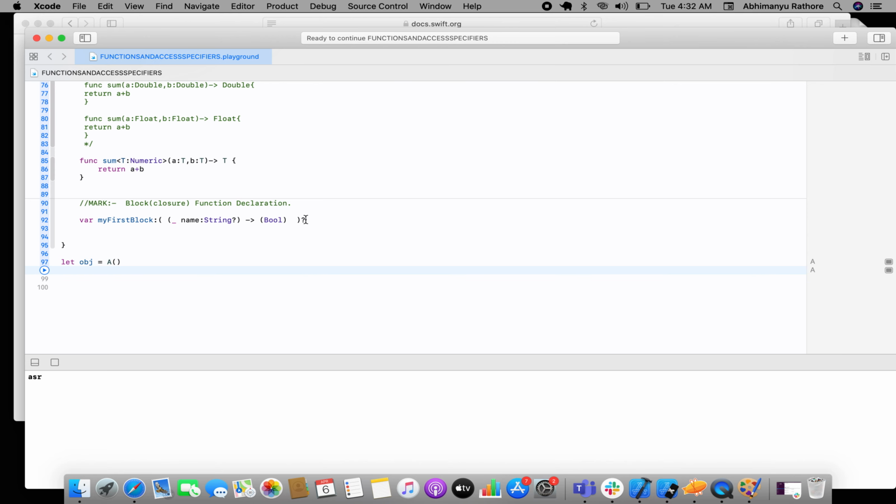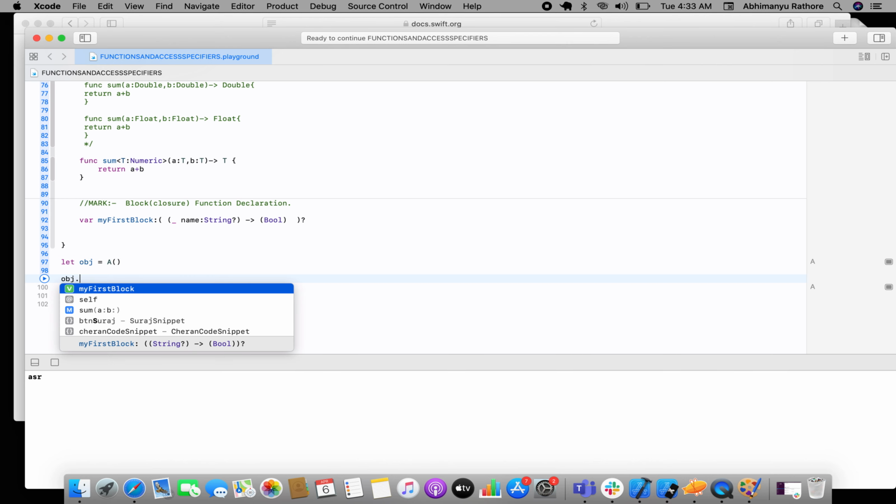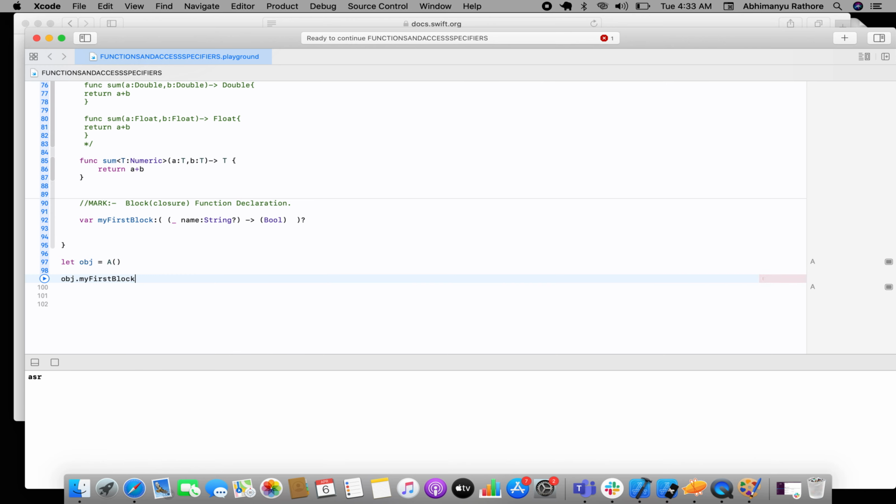First I need to register. This is only where I just declare a block. Now I just want to give the definition. So suppose an object is there. Now I can just proceed over there, and I can just declare my first block. So how you will declare it,